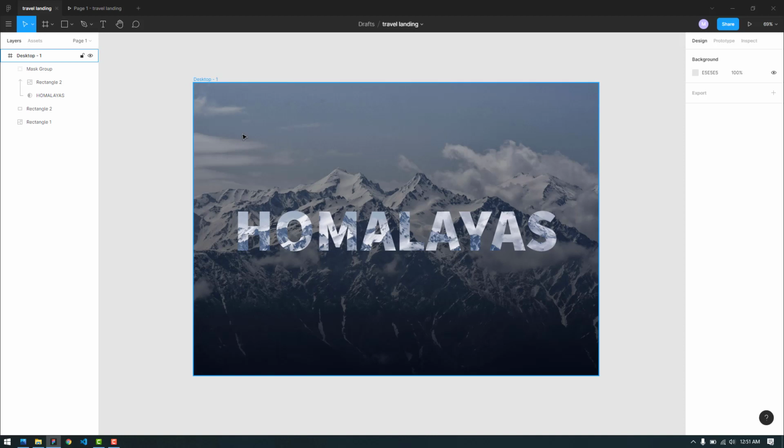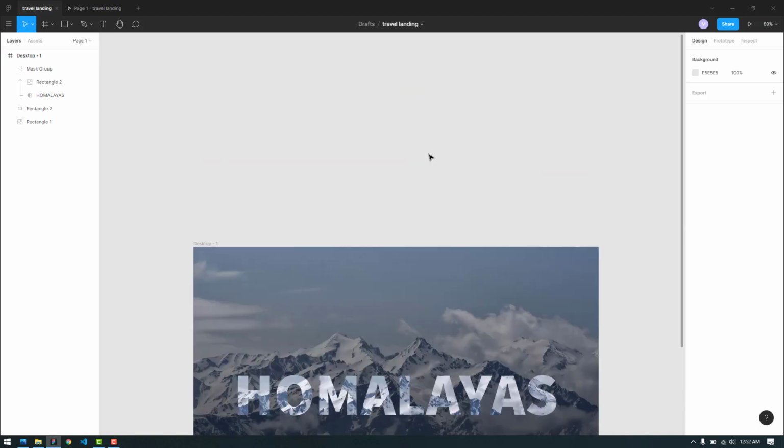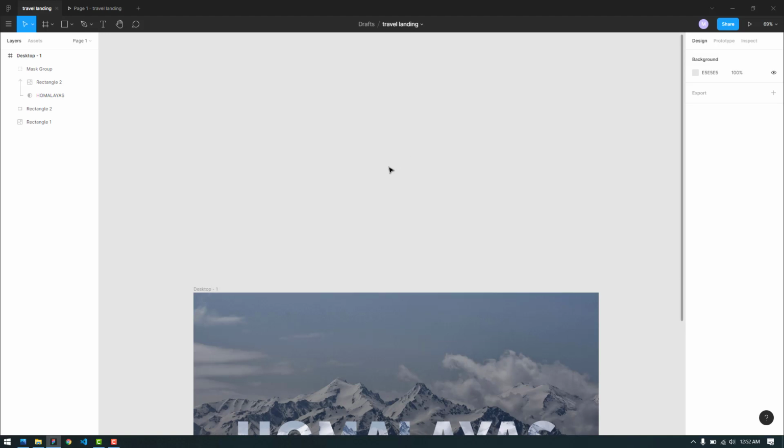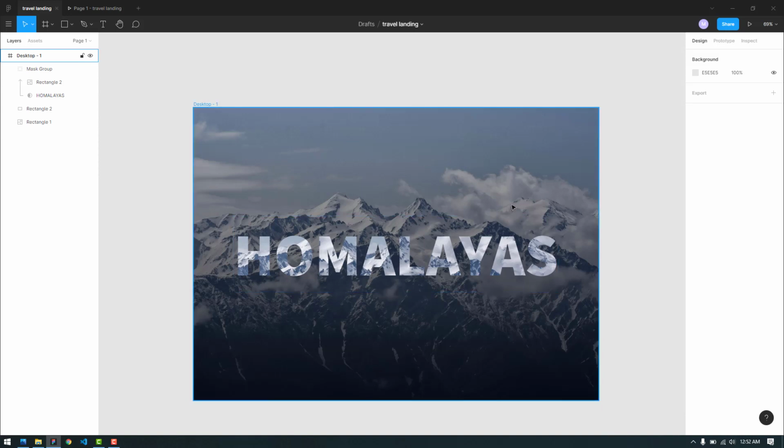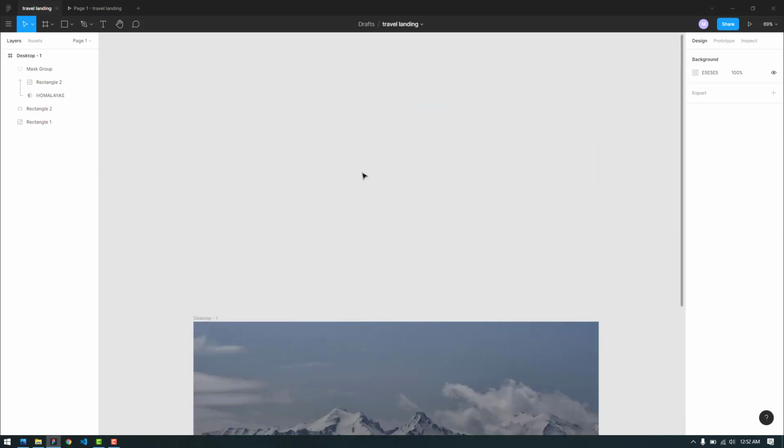Now we are going to create a logo here and some menu icons. So let's first create the logo. It will be a simple logo, nothing too complex. So as it offers travel to the hills, we can create a logo which represents a hill. For that I am going to select a polygon.